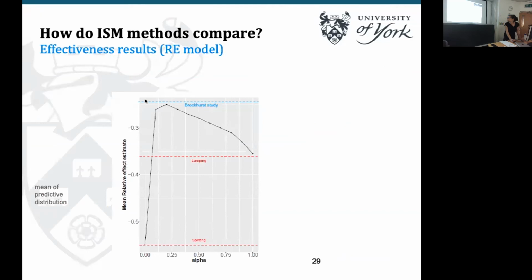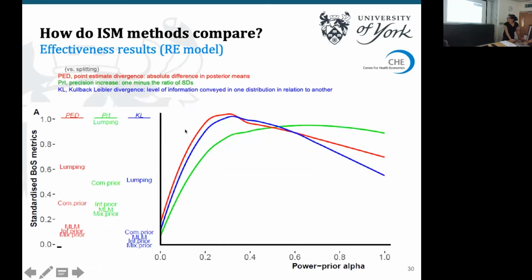So that is the estimate for that Brockhurst study. So it kind of goes beyond lumping, obviously beyond splitting. And that's what you can see in the same graph as the previous one, but for the random effects model. You can see that lumping is sort of around here for both